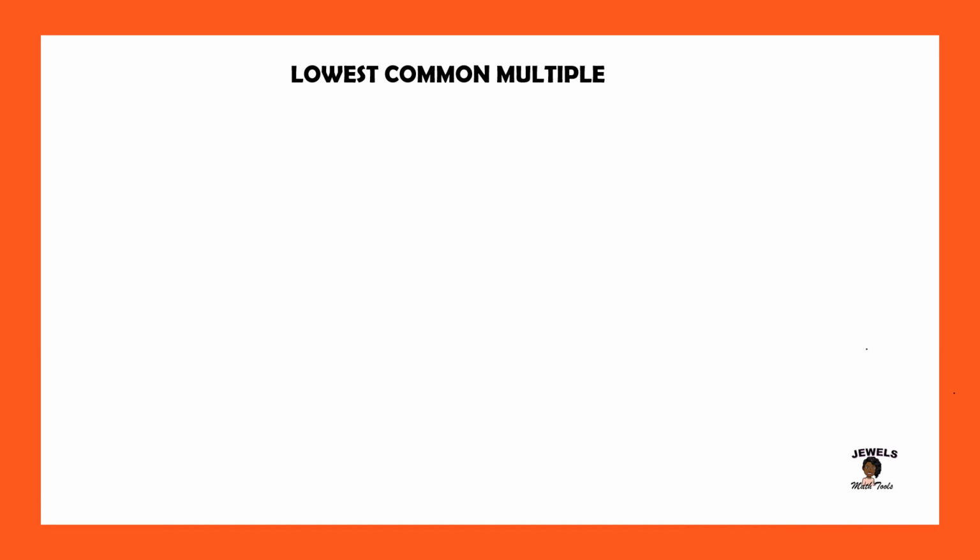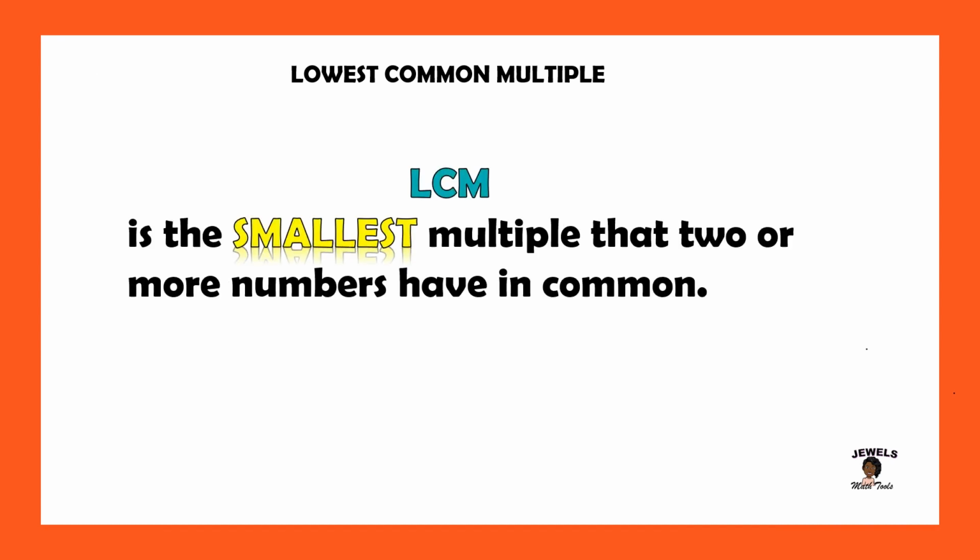So what is the LCM? Well, the LCM can be defined as the smallest multiple that two or more numbers have in common. And remember, when we looked at the definition of a multiple, the multiples are the numbers that are in that number's timetable. So that is what our multiples are. So we're looking for the smallest or the lowest number in their timetables that two or more numbers can have